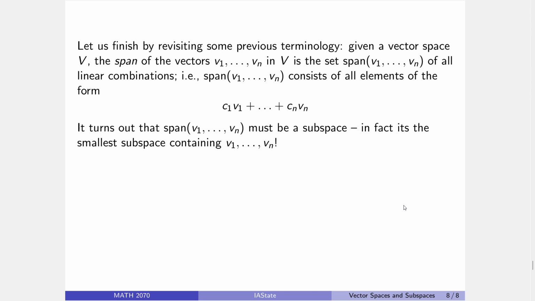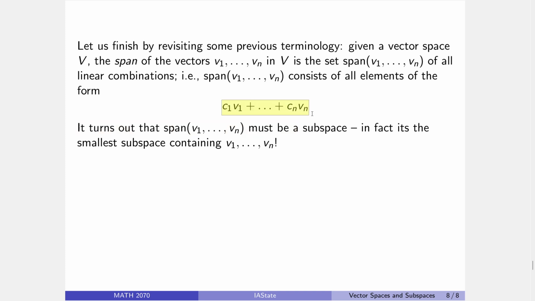And note that a span is a subspace, and it's not too hard to see that if you take a linear combo of elements, scaling them still gives you a linear combo. Likewise, adding them still gives you a linear combo as well. And obviously, if I scale everything by zero, I've got the zero element. So, hey. In fact, it doesn't take too much effort to actually verify that the span must be the smallest